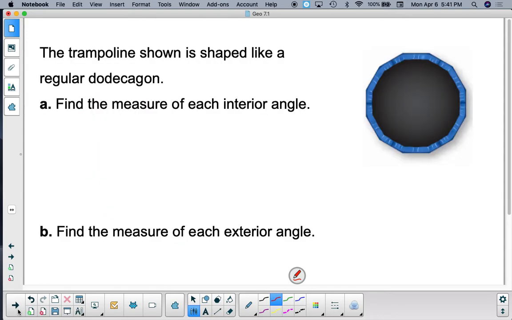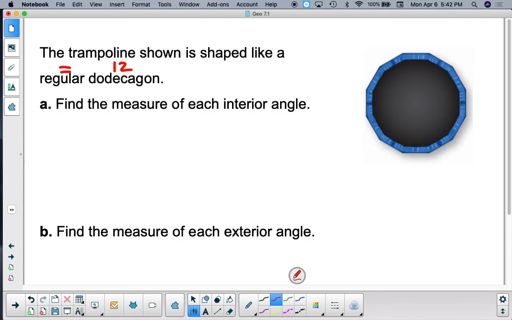Alright, same thing on this one. So it says the trampoline shown is shaped like a regular dodecagon. Alright, so dodecagon has 12 sides. Regular means that they're all equal, right? And so are all the angles. It says find the measure of each interior angle. Okay, so to do that,